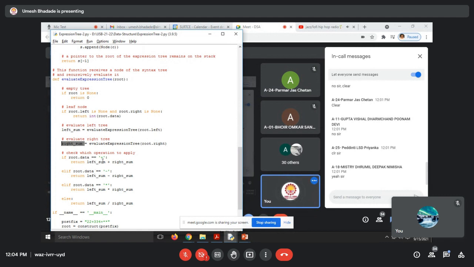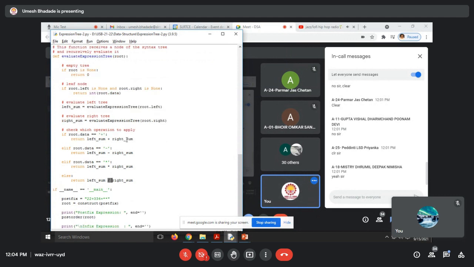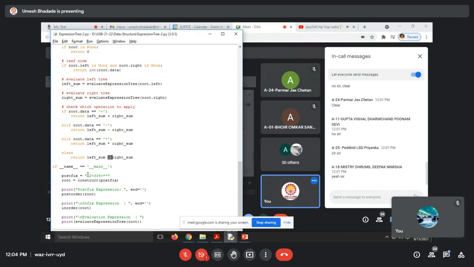And then we are checking which operator is there on that node, because it is not a leaf node, so definitely it is an intermediate node. If it is an intermediate node, it will have some symbol or some operator, right? So we are checking the operator here. If it is plus, we are doing addition. If it is minus, we are doing subtraction. If it is star, we are doing multiplication. If it is slash, we are doing division. The drawback of this program is that it is considering only 4 operators: plus, minus, star and slash. That's all, right? So if we run this program,